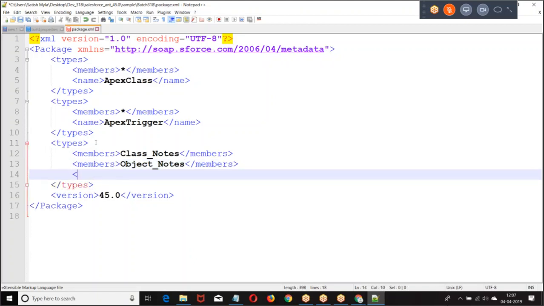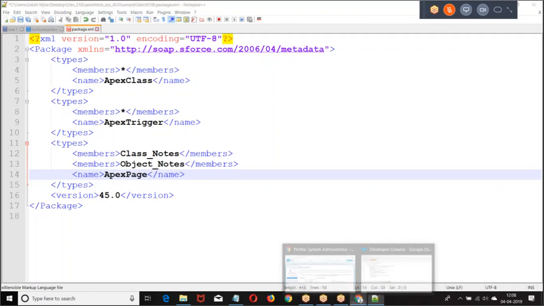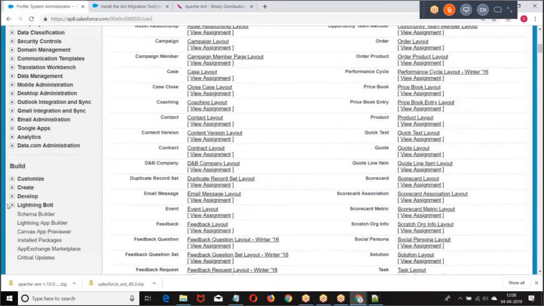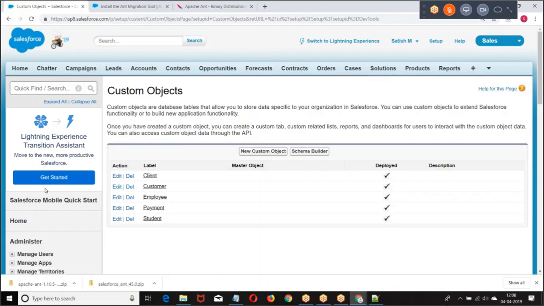If you don't want all, you want only a few, then mention them. Are you getting my point? If you want all, star. If you don't want all, you want only specific things, mention them. Members, what are they? At the same time, customer, employee.